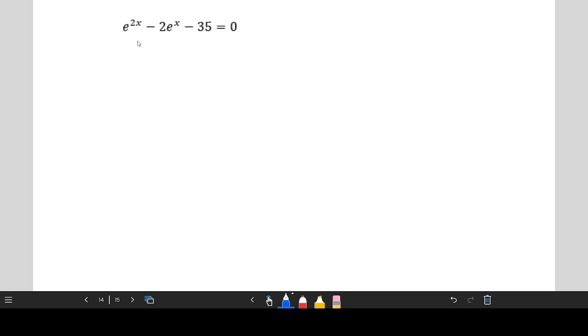Okay, this one looks a little bit different because we've got an e to the x, and we have an e to the 2x, and we have a constant term. So we've got three terms here. We're going to treat this kind of like a quadratic, and we've done some substitution problems before where we substitute u for something and it ends up looking like a quadratic. In this case, if we substitute u for e to the x,